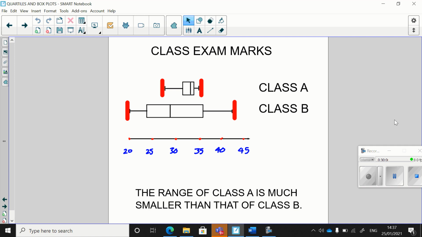So you can put in values here, whatever these were. Class B is going from 20, and off the top of my head it's either 42 or 43. You can go back and look at that. So that's a difference of 23 or 22, if I remember it correctly. Class A, we didn't have any values. I just inserted that. So the minimum of Class A, I'm going to say, is somewhere between 25 and 30. I'm just going to say